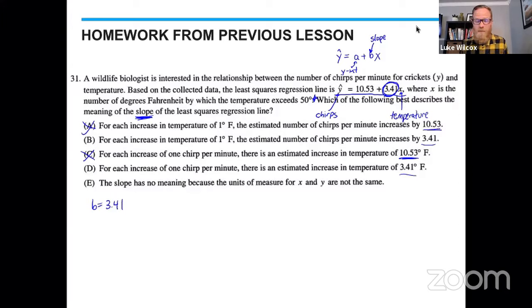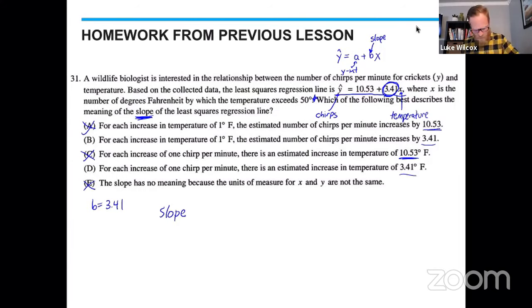Well, when it comes to slope, you do not have to have the same units for X as you do for Y. This is certainly not the answer that we're looking for. So we either know it's answer choice B or answer choice D. Now, the way that we're going to arrive at the correct choice here is to go way back to your